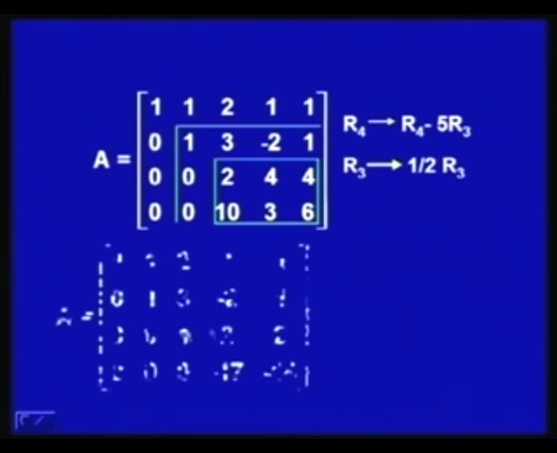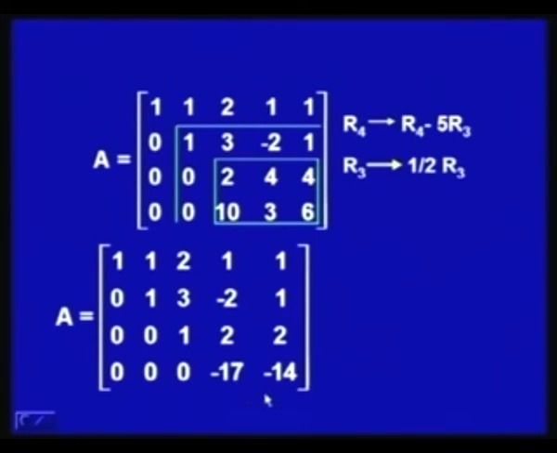So, we started with the matrix. This is the leading row having 1 here. This has the leading row 1 being here. This is a pivotal element. Now, we try to apply the same procedure on this submatrix. For this we first apply R4 is R4 minus 5 R3, that will make this 0, and then R3 is half of R3. So, this will become 1. If I apply these two operations, I will get the matrix as this. So, this is 2, 2, minus 17 and 14 because of this operation.